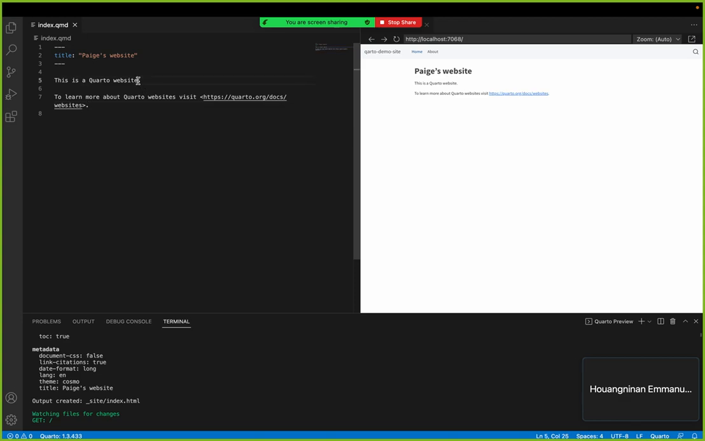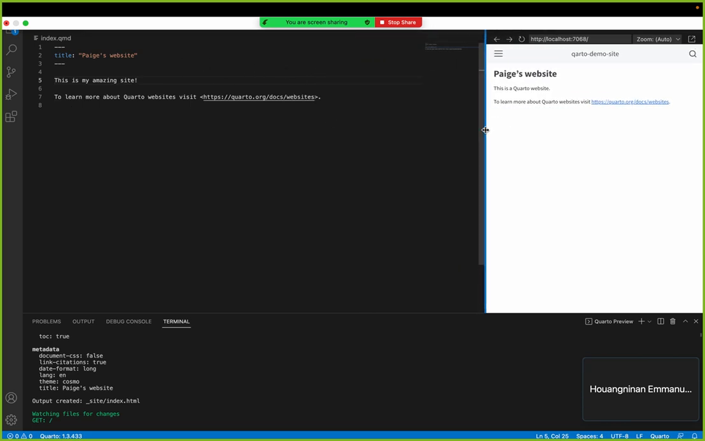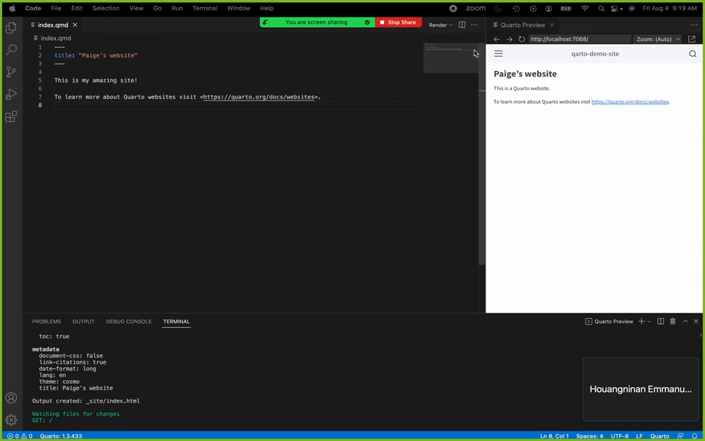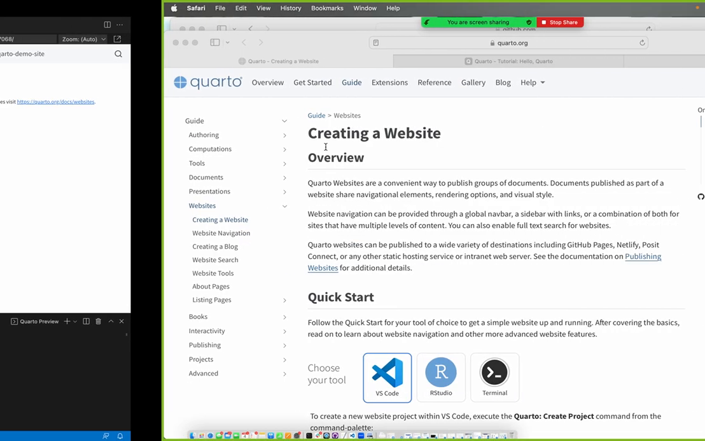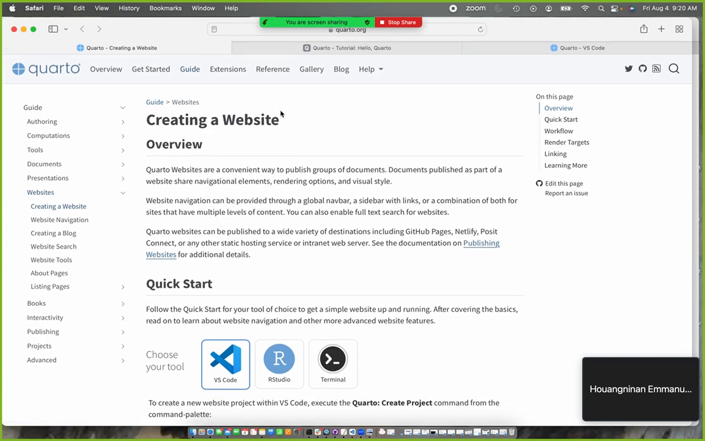So you can update. This is my amazing site. Oh, I can't see the render button because of the zoom. So I'm just going to do that. Render it. Then it says, this is my amazing site. So that's that. If we go over here, this is a website by Quarto